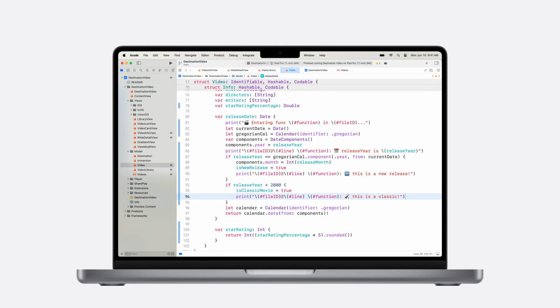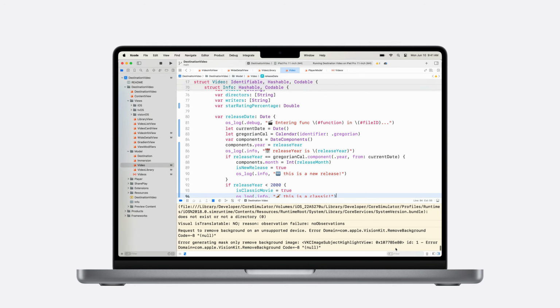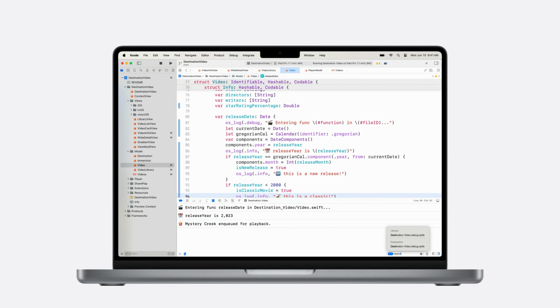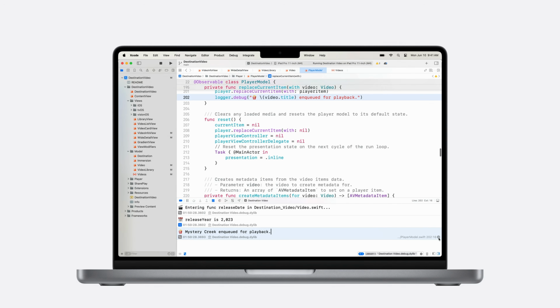But let's clean that up. Instead of print statements, consider switching to OSLog, which gives you a debug level for each message that you send. And then you don't need those macros anymore. And then when you run, you can filter by searching for text or filter for just the messages from your library. You can enable metadata to show the type, such as error, info, or debug, a timestamp, and the library. And the reason we don't need those macros in the log messages anymore is because you can just jump right to the line in your source where the log message is coming from by clicking the Go To arrow. Can't do that with just a print statement.